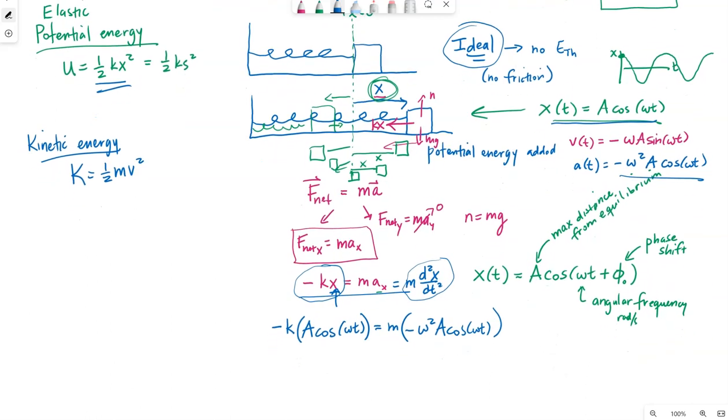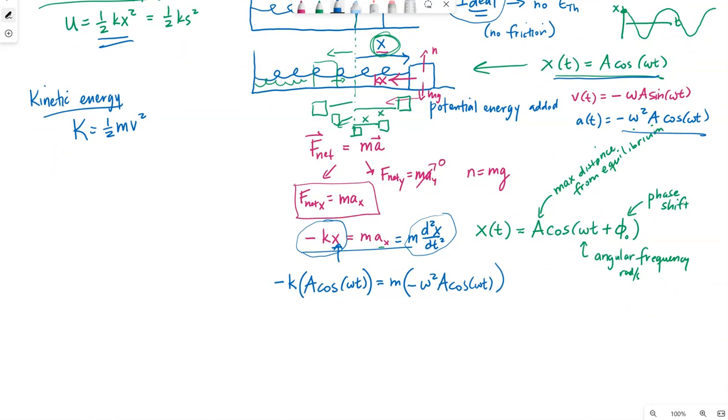When we plug these in, notice that the A omega t is in both terms. It's on both sides of the equation, so I can cancel that out. It doesn't mean the system's not oscillating, of course. This mass on a spring, if I've pulled it to the side and put energy into the system, it's totally going to oscillate. But mathematically, this relationship